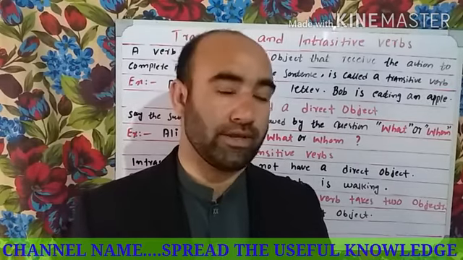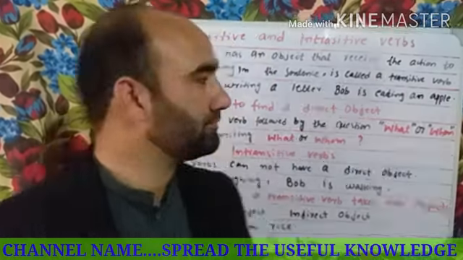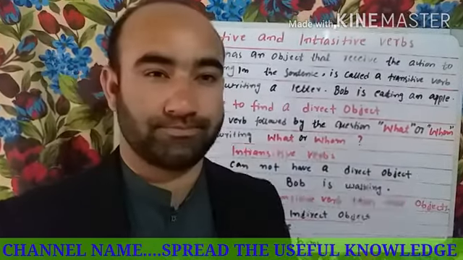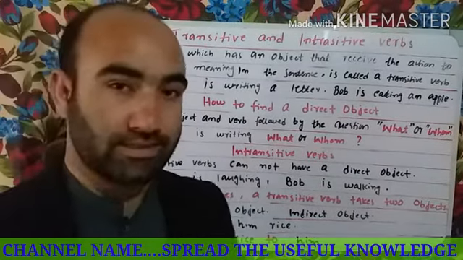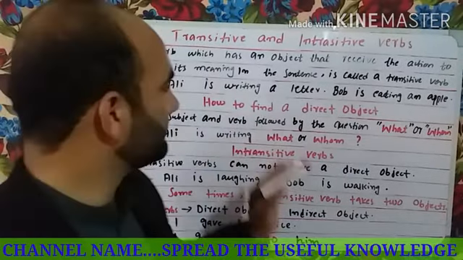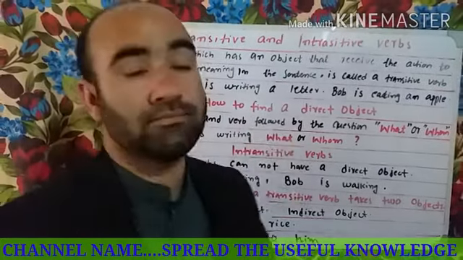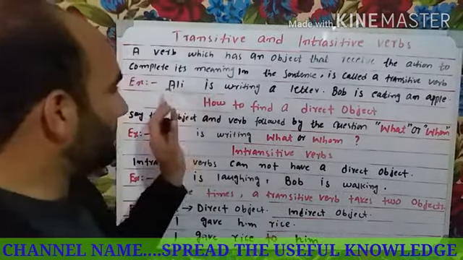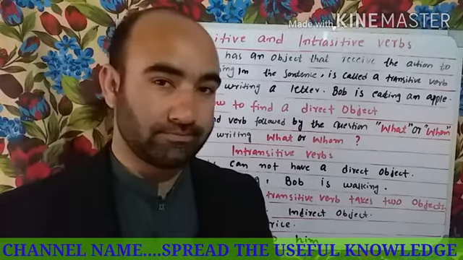I have written a simple example here. Let's talk about that. For example, Ali is writing a letter. Here, Ali is the subject, is is a helping verb, writing is the main verb, and letter is an object. Here the subject Ali does the action, and that action